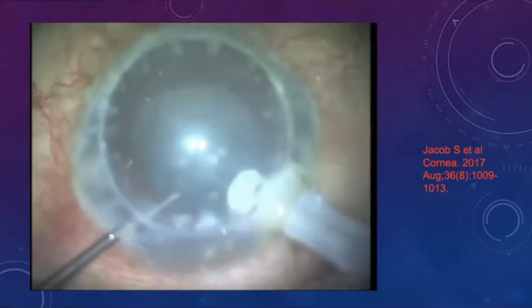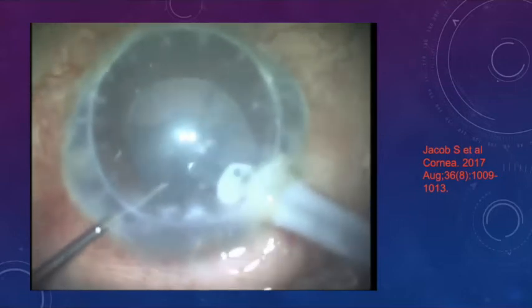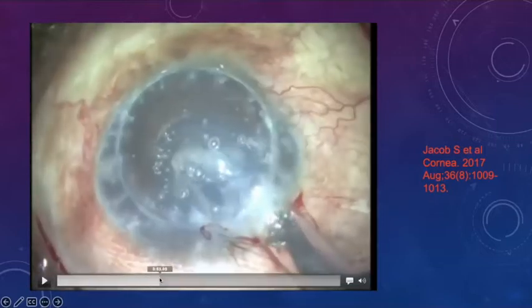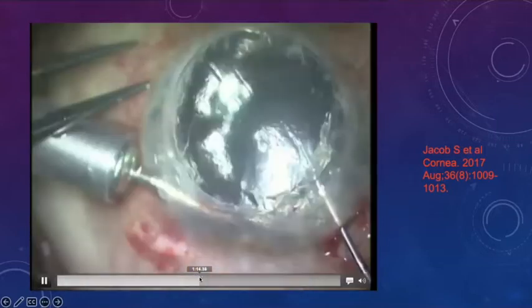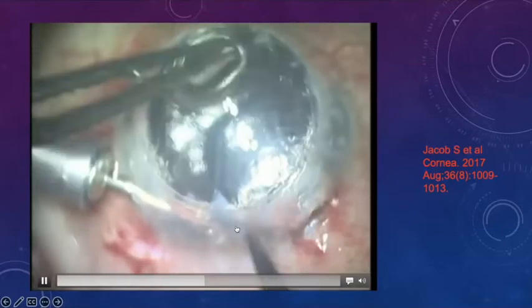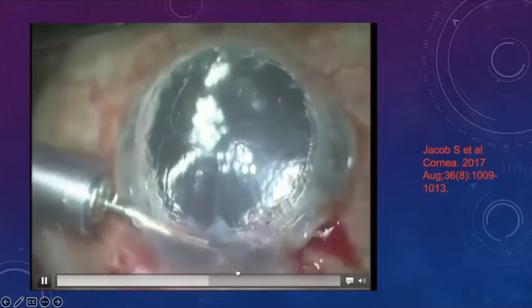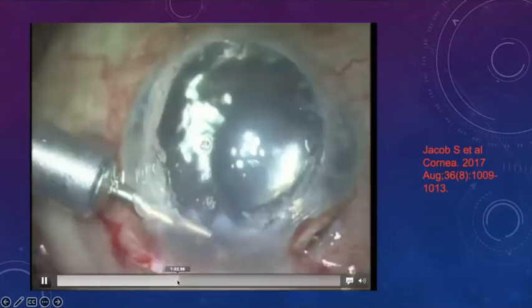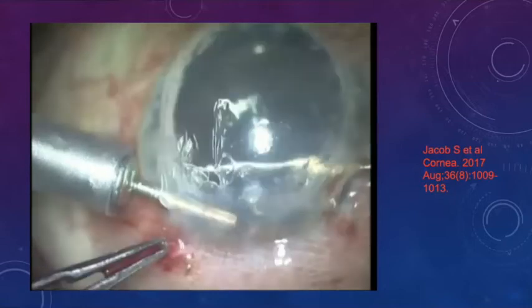So doing this kind of surgery, you can see that I've done the IA. Let's just skip all of this. We put the intraocular lens in. And now we are using the air pump assisted technique. Now you can see this is an artificial anterior chamber and it's just got air going in. And you can see the Descemet's excess being done with a reverse Sinskey hook, and look at the margins of